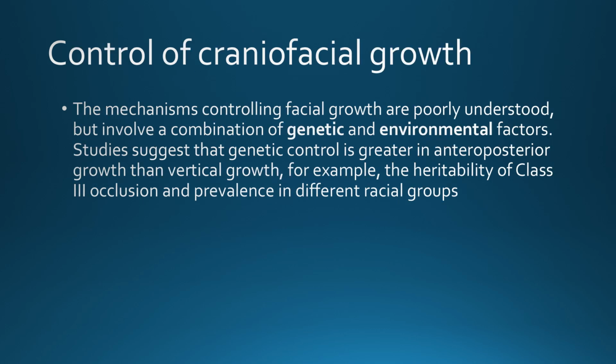So as we said, there's the genetic factors. As we said, we have growth sites and growth centers. The growth centers have their own innate capacity for growth, and the growth sites respond to the growth centers or respond to the functional matrix around them. And this is all according to certain genetics and genetic expression. However, if it was purely genetic, then as we said we could not do any interference or affect this expression. But in fact we can, and this means that both factors, the genetic and the environmental, play a role